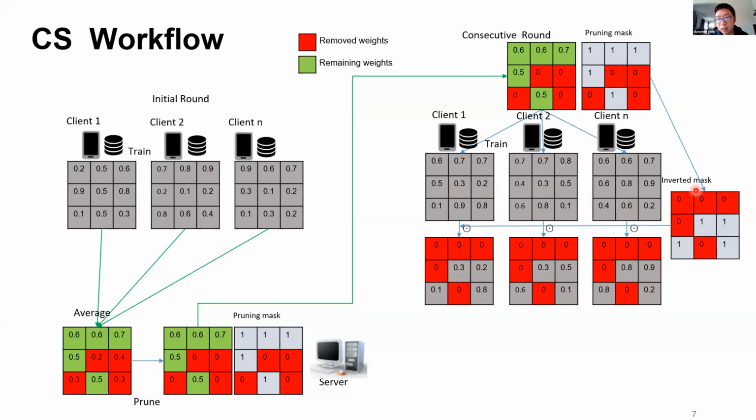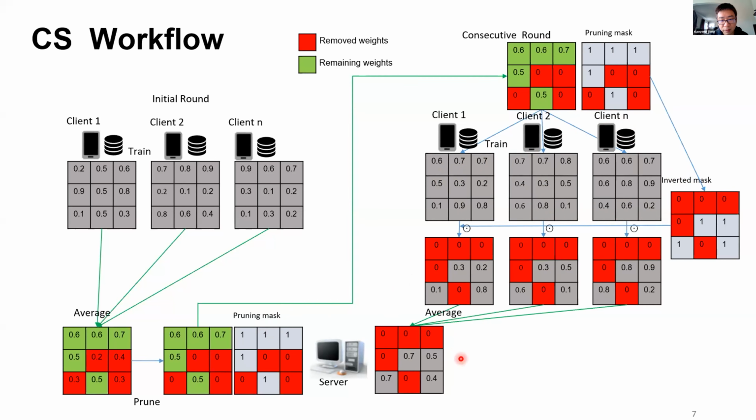This inverted mask can be either received from the server, or can be produced from the global sparse model by the clients. So in this way, we have new sparse models from the clients, and the clients can send them to the